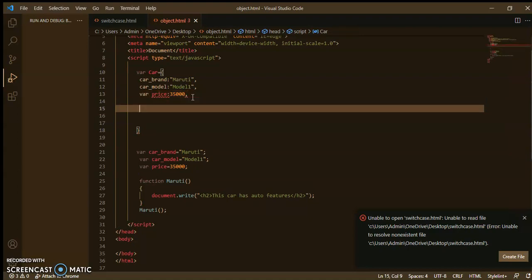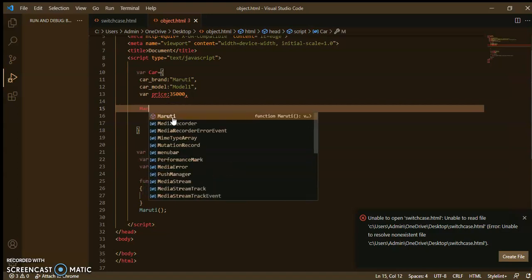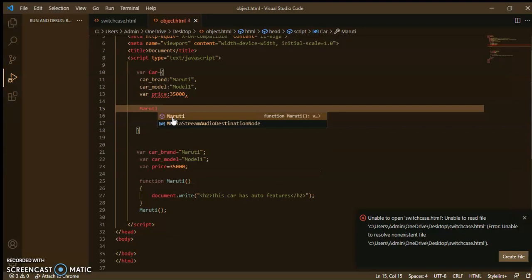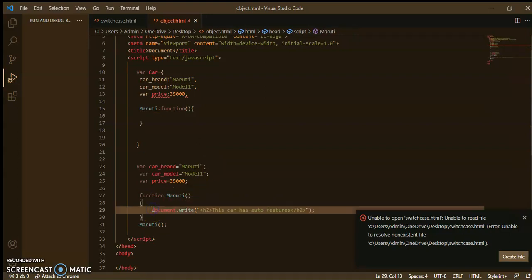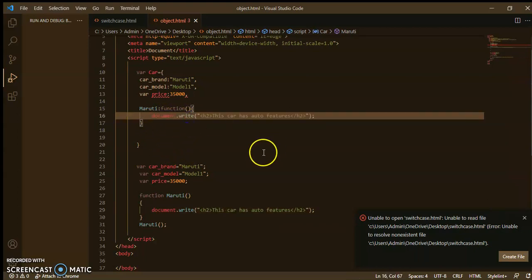To create the function, I will write the function name, Maruti, colon function. The name of the function first, then colon, that function name, and then inside of that you will pass that object, same object. So this is your function.